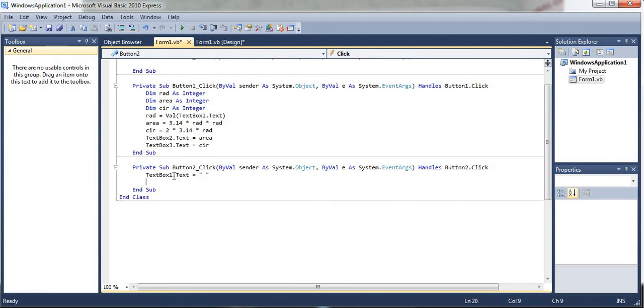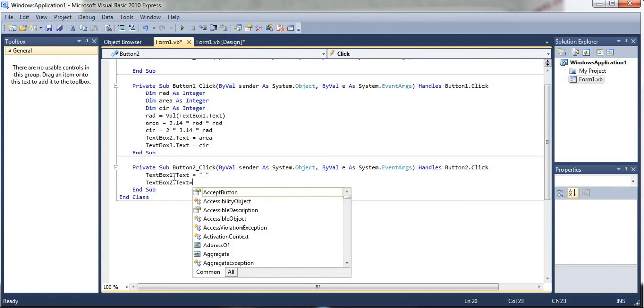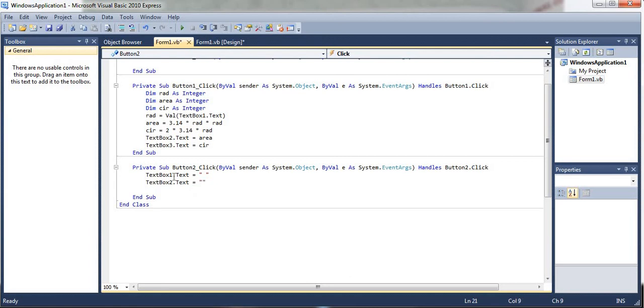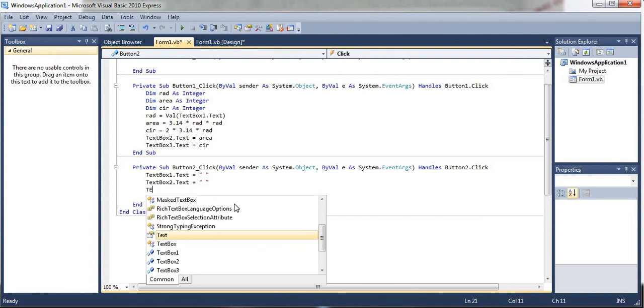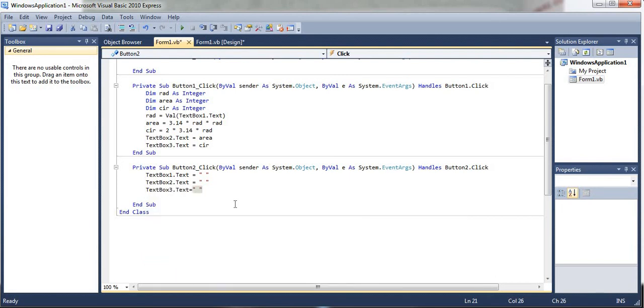The same for text box 2, text box 2 dot text equal to blank, it will clear the values. Text box 3 dot text equal to, like this.